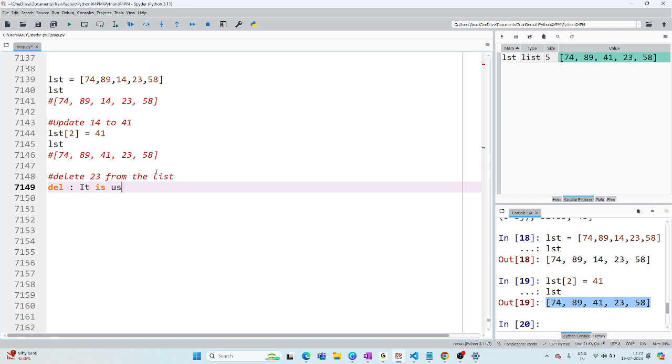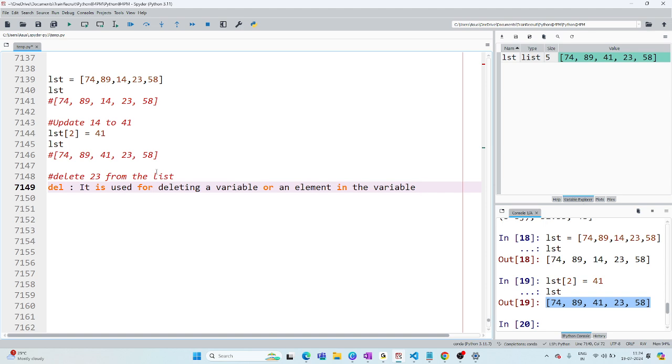It is used for deleting a variable or an element in the variable.